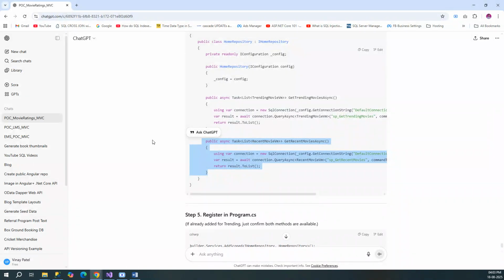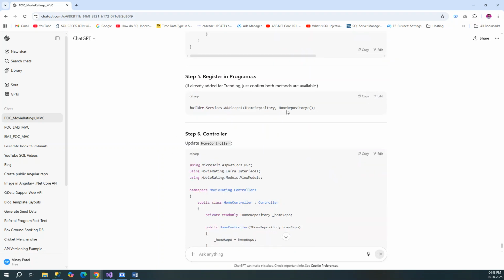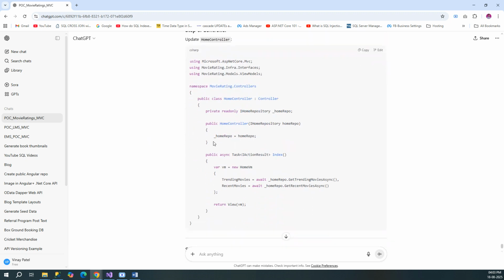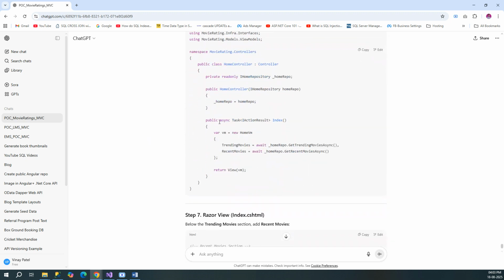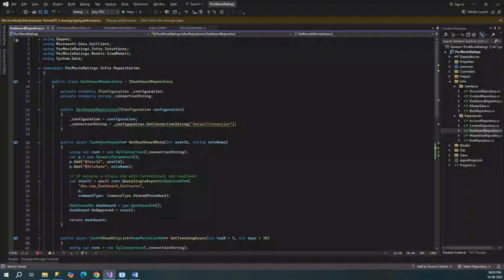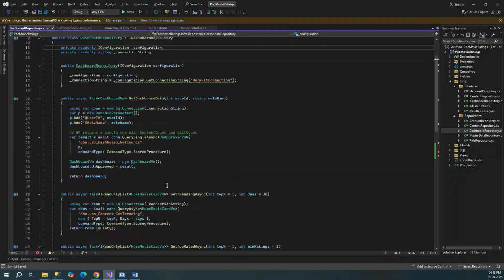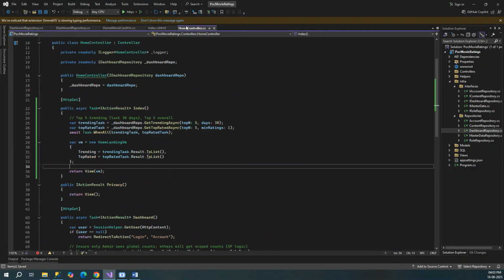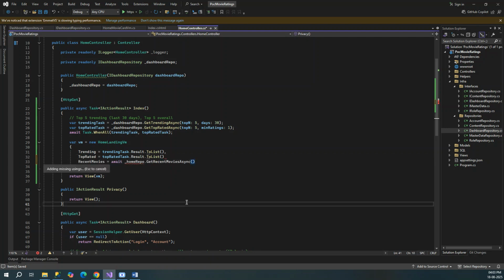And next would be the controller code. Let's move ahead with the controller code. Program.cs, we already have registered dashboard repository, so we don't need this. So in home we will have on index. Okay, so we'll take this portion only, because we already have home controller where we are bringing few data, right? So what we'll be doing, we'll go to home, we'll just write this. Okay, so instead of home it would be